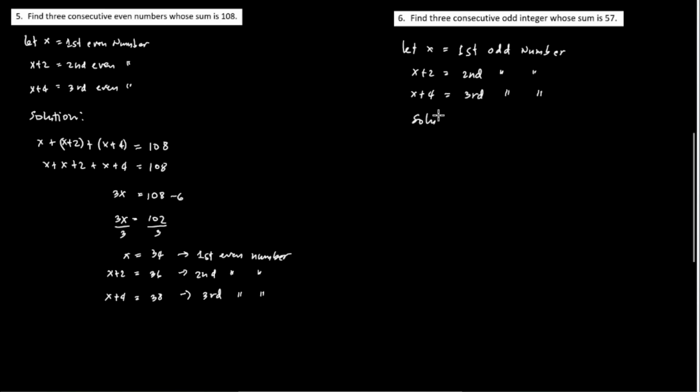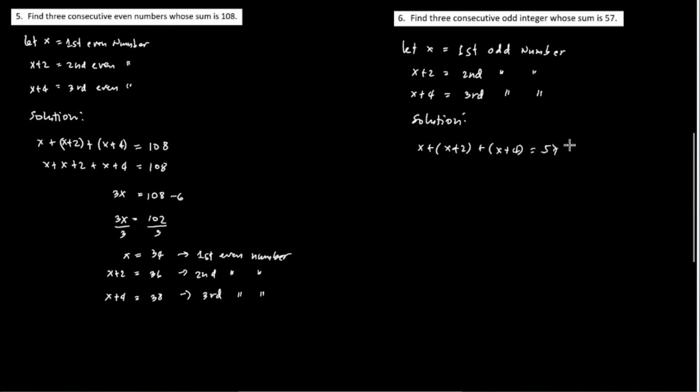And solution: the sum of the 3 numbers is equal to 57. So the first number is x, plus the second number, x plus 2, plus the third number, x plus 4, and it is equal to